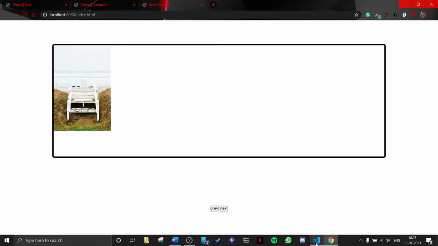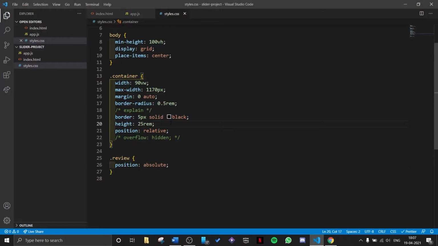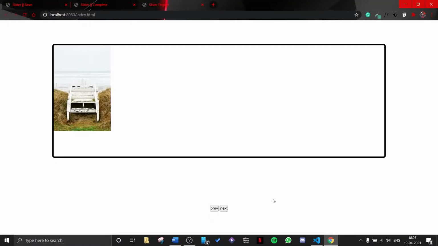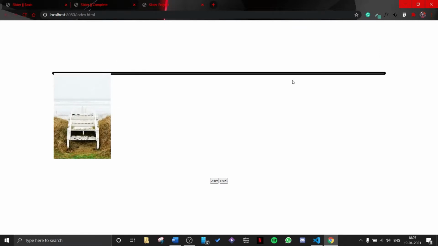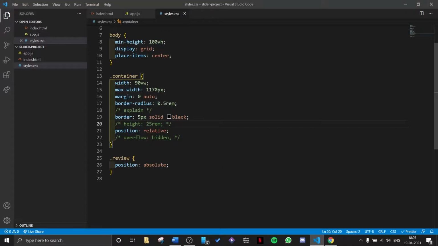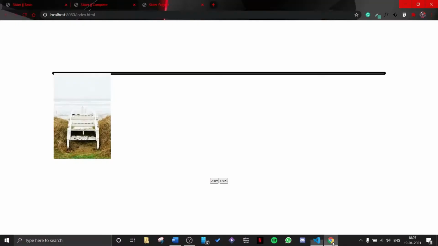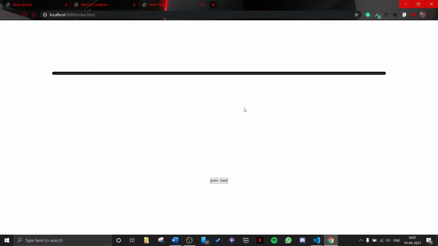And if we don't give a certain height to our container, you can see, the images have a certain height, but our container doesn't. And since all of the images are on top of each other, they are flowing out of the container. And if we right now uncomment overflow hidden, you will see that images are not visible.